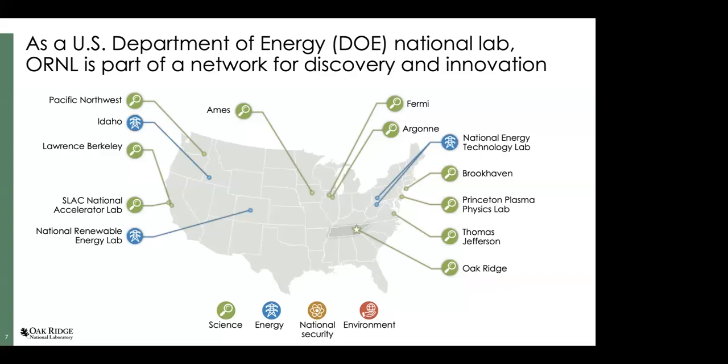Then we have nuclear-focused labs, energy-focused labs, National Renewable Energy Lab in Golden, Colorado, Idaho National Lab, which is focused on nuclear, and National Energy Technology Lab in Morgantown, West Virginia, that's focused on fossil fuels. Okay. And then there are three ugly sisters. These are Lawrence Livermore, Sandia National Lab and Los Alamos National Lab in New Mexico. These three very large labs, they support the nuclear mission of the department and the nation.